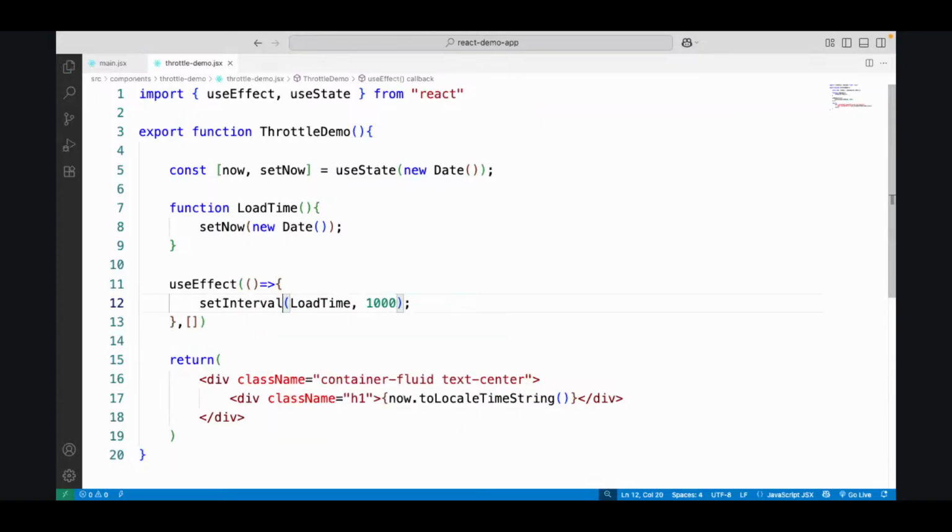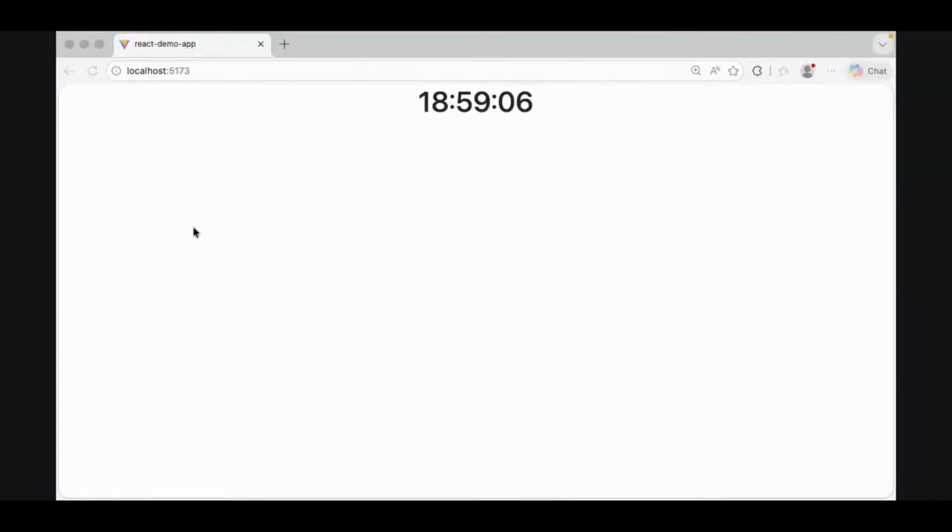We will give this work to interval. So what is interval going to do? Interval is going to execute the task. And remember, it is going to execute the